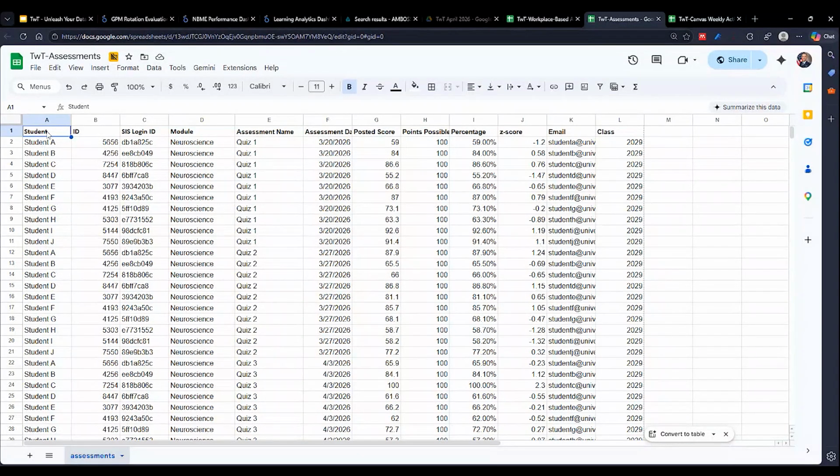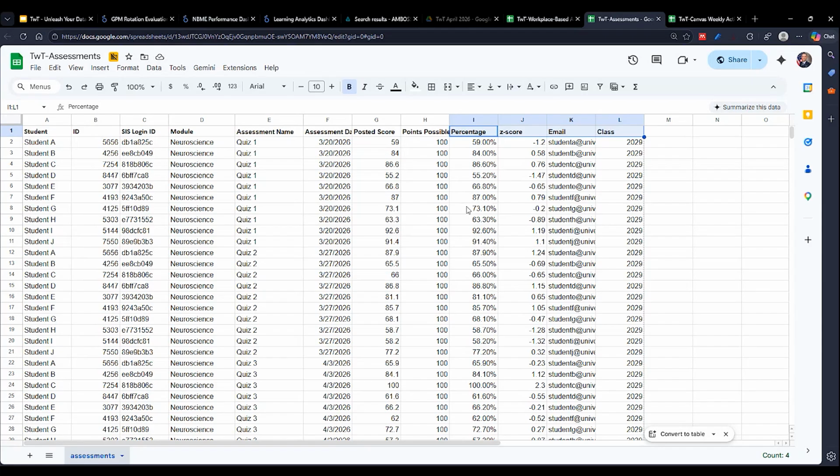And in this case, I'm just stacking it. So each time students are taking an exam, in this case, I am presuming that there are weekly quizzes. We don't always have weekly quizzes across our modules, but let's say we wanted to trend quiz performance over time. So we capture that through Canvas, and these first several columns come directly from Canvas. We turn these into percentages, z-scores, and then capture the email addresses and class as well to build additional filters